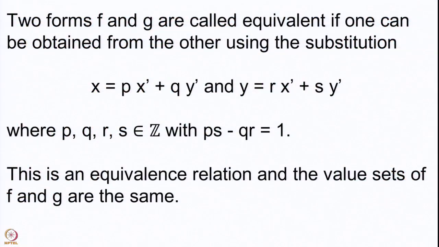Normally mathematicians are very careful while using words. If some relation is not evidently an equivalence relation, then we give some other word for that. We say that this is related to g, or we would use some other word for these things. It would be difficult to give an example now, but even from the definition you may notice that we have not explicitly said whether we are obtaining f from g or whether we are obtaining g from f. We are simply saying that f and g are equivalent if one of them can be obtained from the other using the substitution.